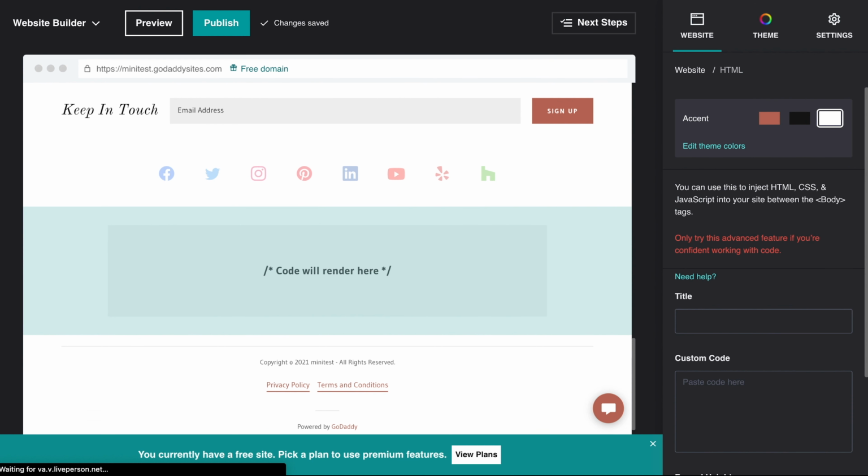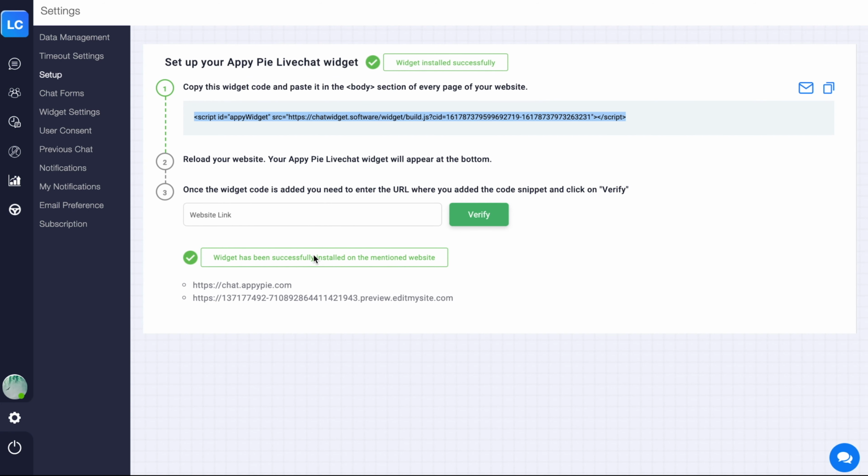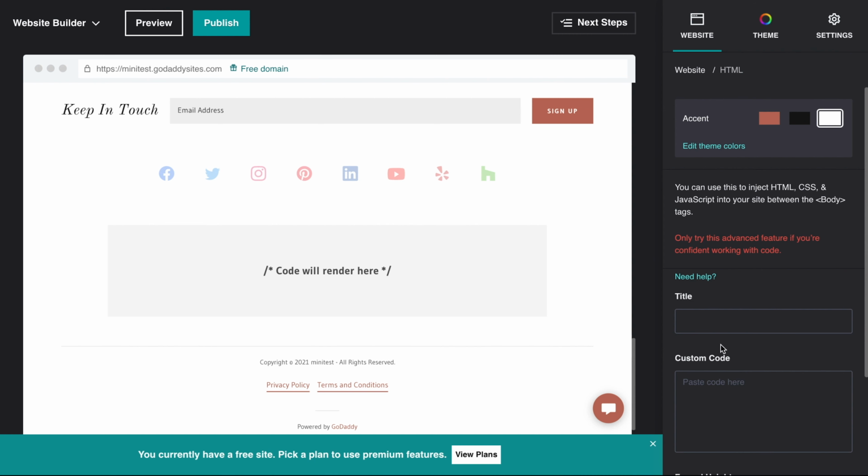Now let's obtain the widget code. Log into your Appy Pie's Livechat account, go to the Setup section and copy the widget code from here. Once you copy the code, go back to the GoDaddy website builder tab and paste the widget code in the